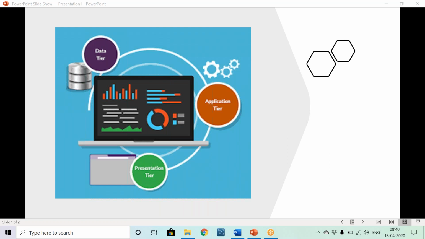In that case, we usually save the data in form of tables, which have rows and columns, right? And we can also have data which doesn't require any linkage between them. So for that we use a NoSQL database. In there we usually save the data in form of objects, a JSON object, right? So that is nothing but my backend, which is called the data tier, right?